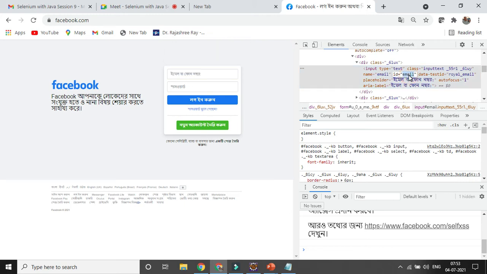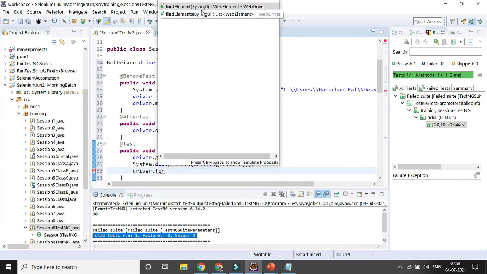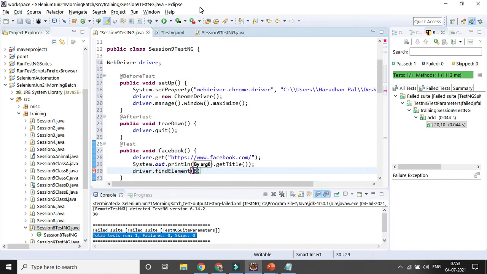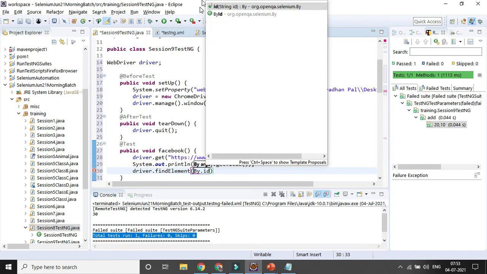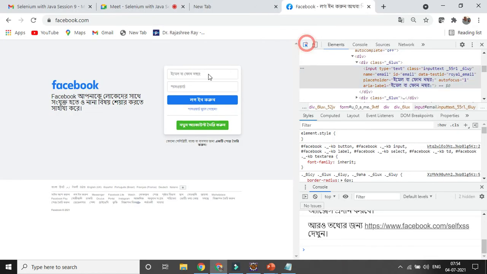So I'll be inspecting with the ID here. So driver dot find element by dot ID, and I want to send keys. Suppose say test12345 like that. Similarly for the email field also, password field also I want to enter.